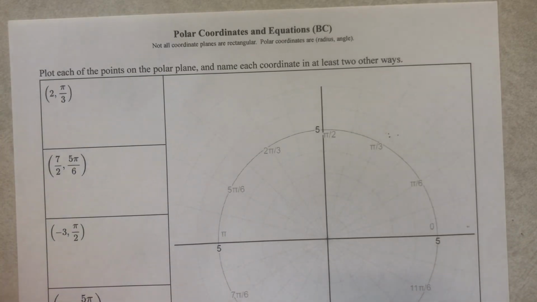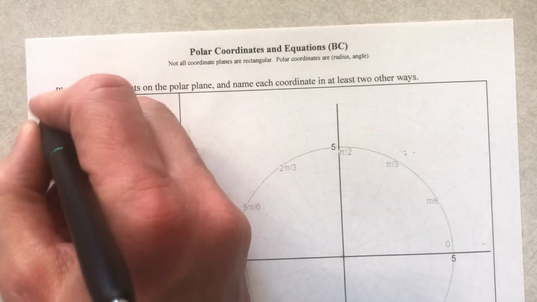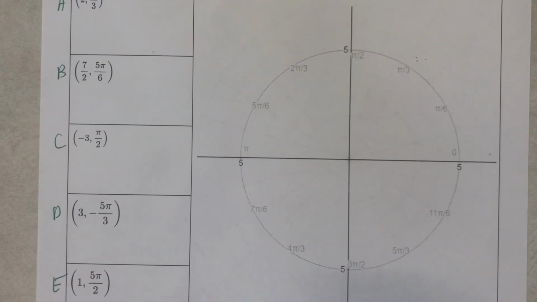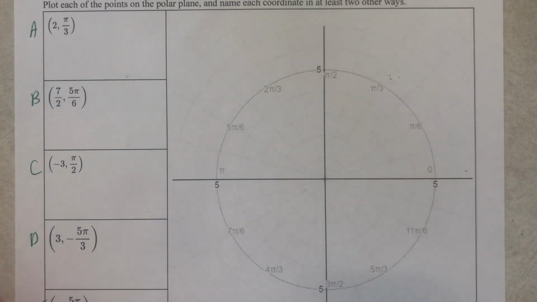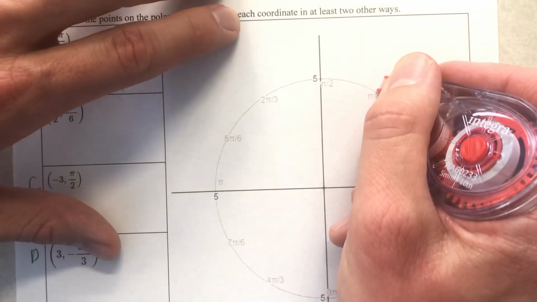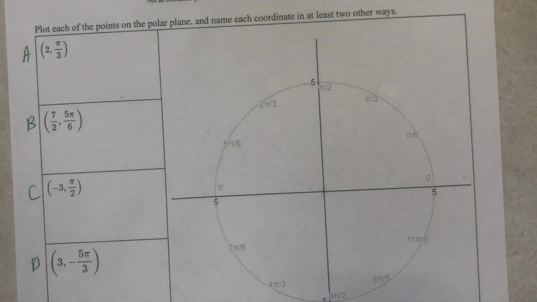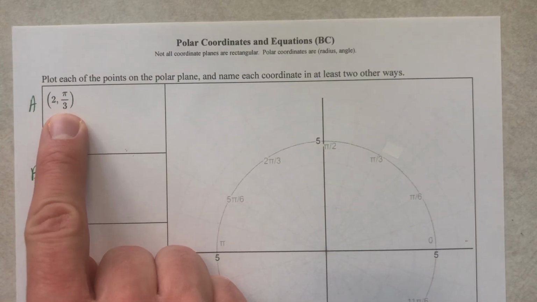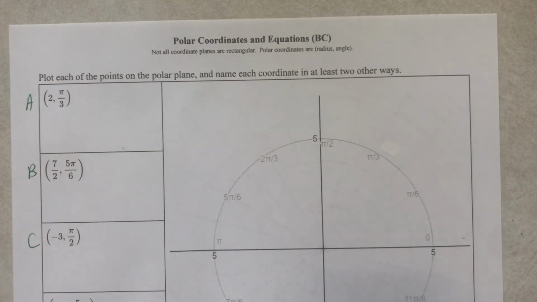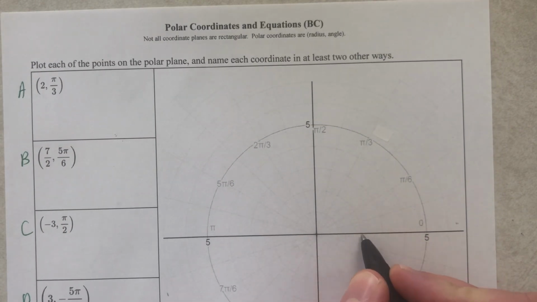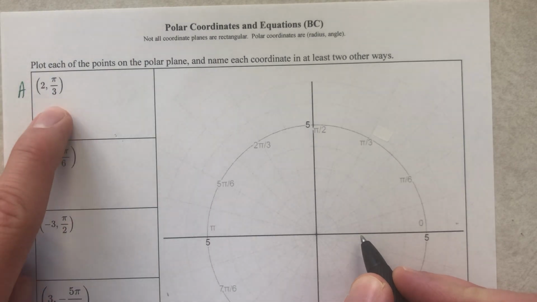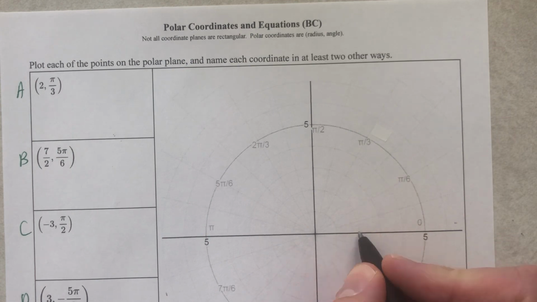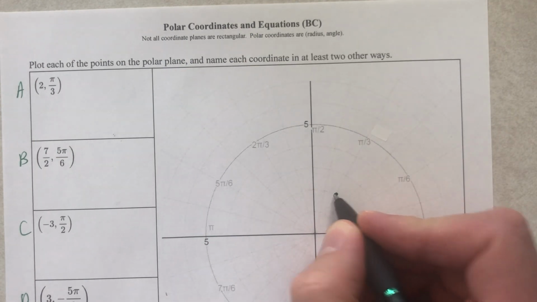We're gonna call this one A, call this one B, call this one C, D, and E. And when I plot them, I'm gonna label them just so you'll see where they are. And there are some smudges on mine, and I will remove them now. Okay, they're not removed, but they're covered. The radius is 2, and the angle is pi over 3. So start by going out 2. Use a green pen. We're going to go out 2, and we're going to go around pi over 3. Excuse me. Pi over 3, of course, is here, so we go out 2 and around pi over 3,